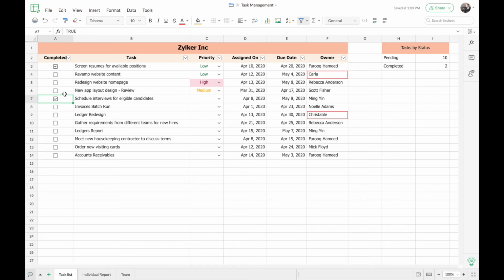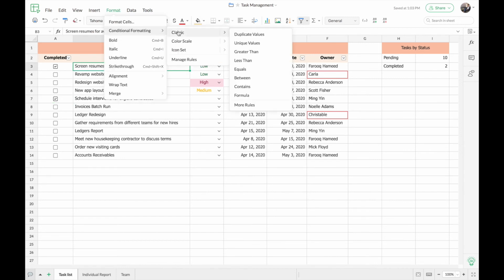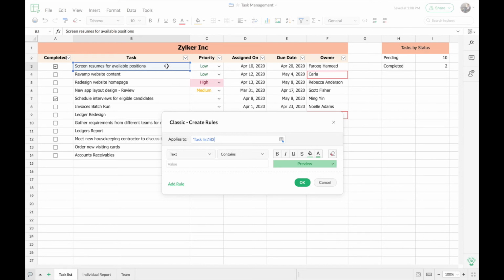As we saw, the column with checkbox gives a visual indication about which tasks have been completed and which are still pending. Now let's make one more small change to make it a little more obvious. I'm going to use conditional formatting in this data range, just to visually make it more obvious which tasks have been completed at a glance. First, I'm going to select the range in which I want the conditional format to be applied. Then I'm going to choose formula, because I'm going to give a custom formula. In this formula, I'm going to say if this particular value is equal to true. True meaning that if the checkbox is checked, then I want the format to be applied on that range.